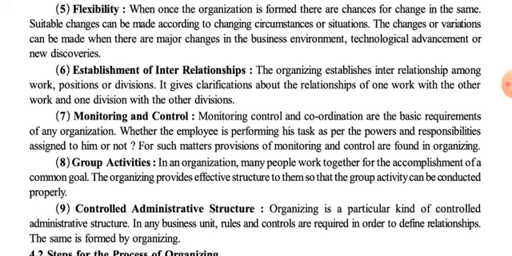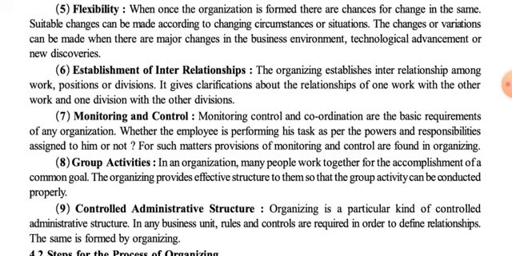Second one is position. Position is based on general manager, then departmental head, then officer, then executive, then supervisor, then worker, etc. Or division, that is, division either based on the activities, or based on the product, or based on the divisional areas or geographical areas. So there should be a proper establishment of interrelation among this work, position or division, which will be helpful in smooth working of the organization.